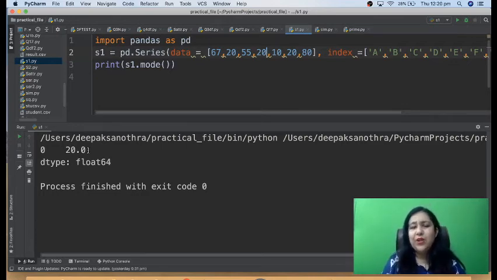That is it for today's session. You're just going to practice all these functions on your own computer, or you can use the Pydroid app to practice this on your phone, right? In the next session, I will be teaching you a very interesting concept called slicing. Slicing a series is very important and very interesting also. You must have done slicing in the class 11th list. How do we slice lists, how do we slice tuples? In the same way we have slicing in series also. We will be discussing that in the next session.